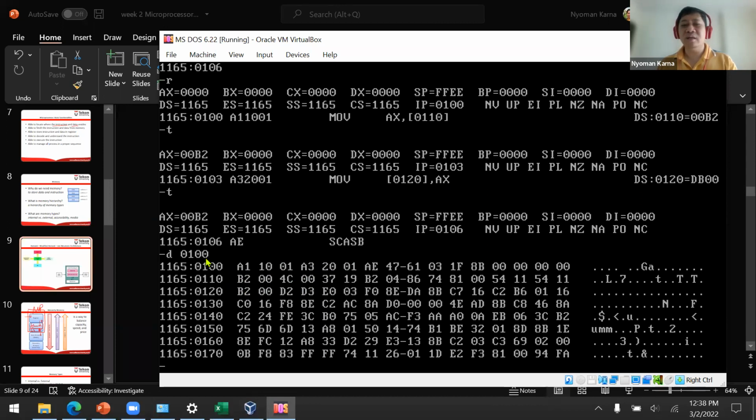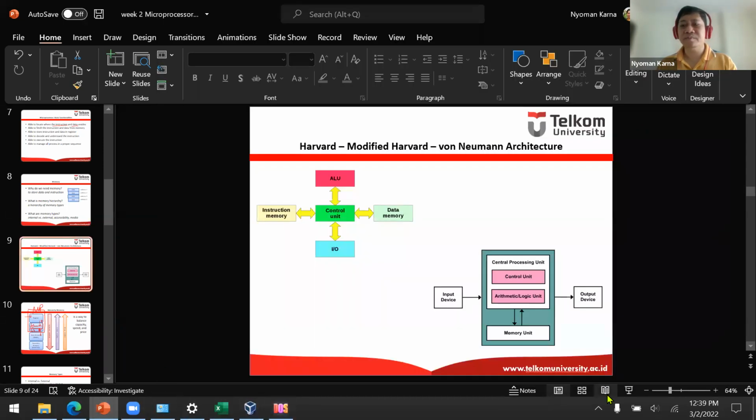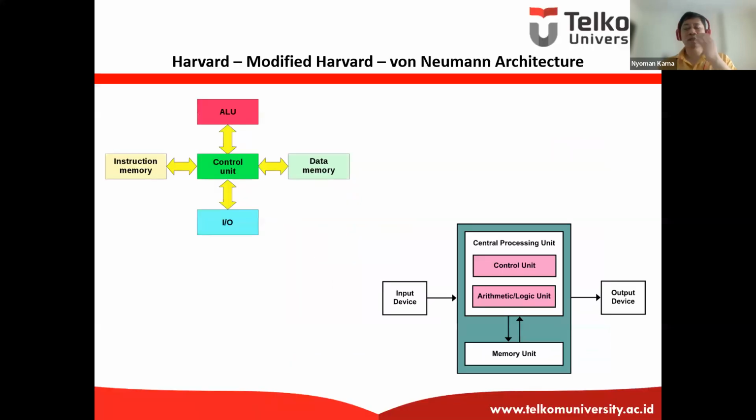So the same memory, we use it to store program and also data. This is what we call von Neumann architecture. We just need to distinguish which part is the program and which part is the data.